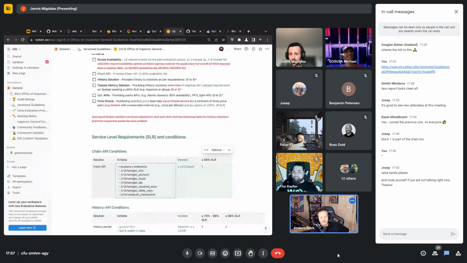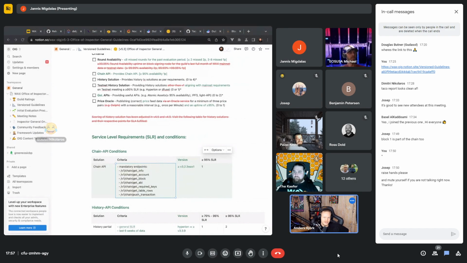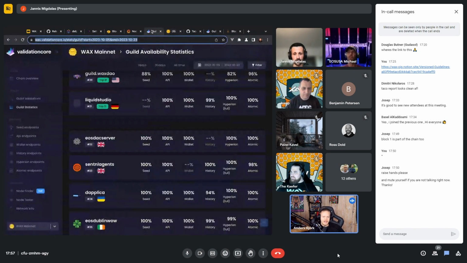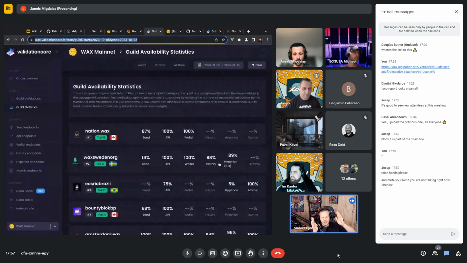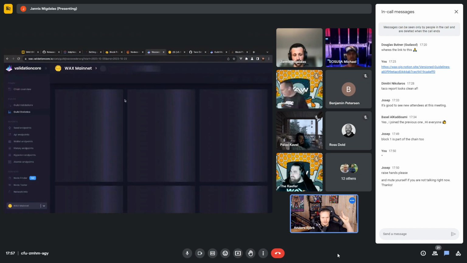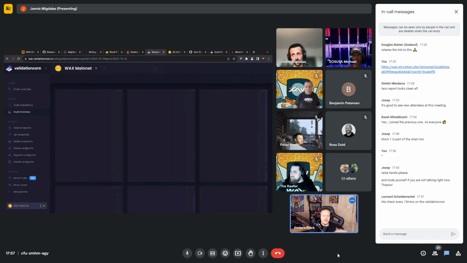I'm good at that. So the testing of APIs will really impact how the score will be for a guild. For me, it's very interesting to know how frequent the API is tested, because if you fail on the second that they are testing you, it will look like you are down until the next test. Perhaps you were up all the time before, but not during that moment, and then you had a split second where something went off, and perhaps that happens 2-3 times during a week. What will happen then?